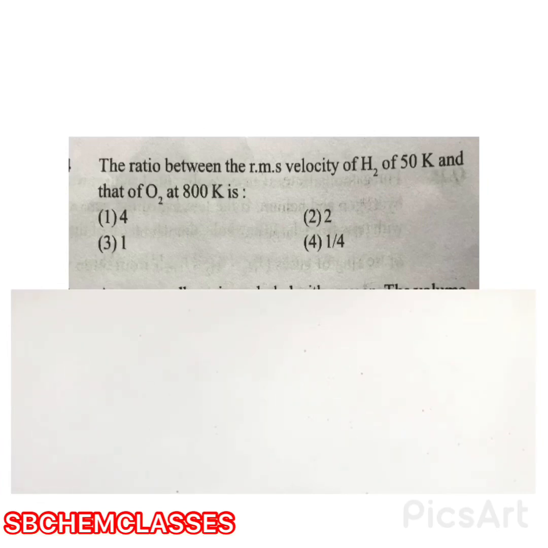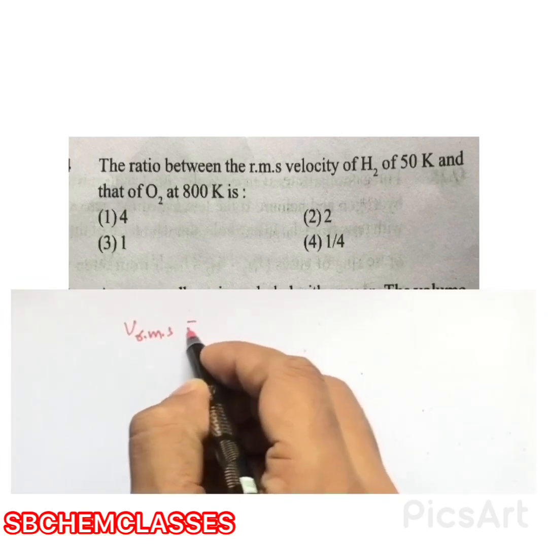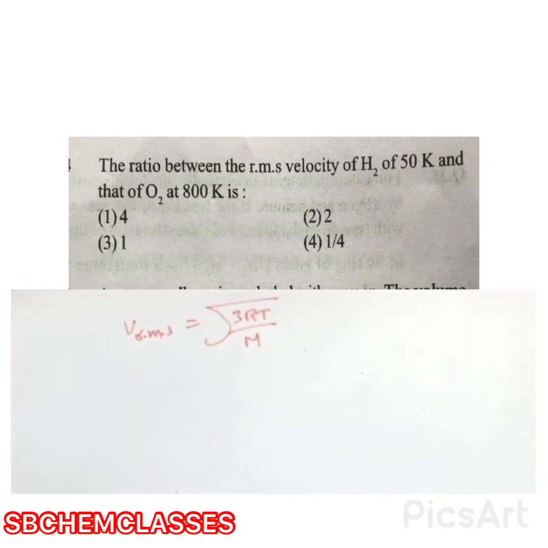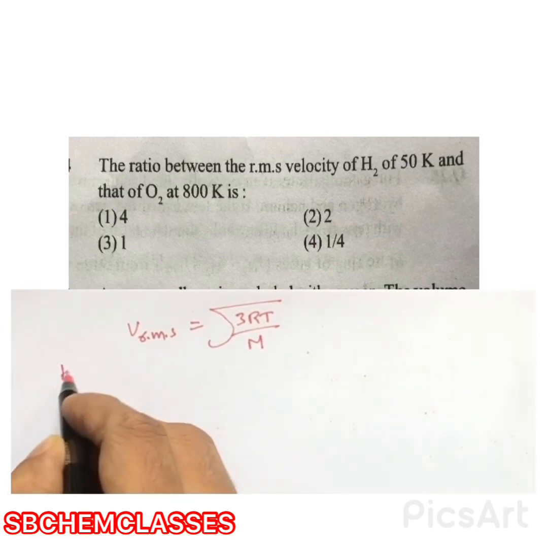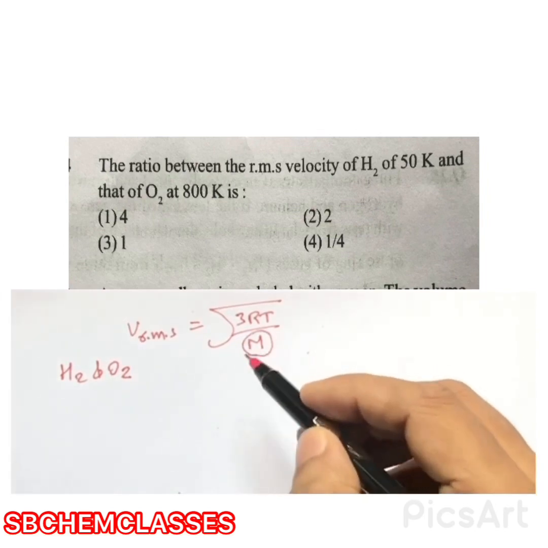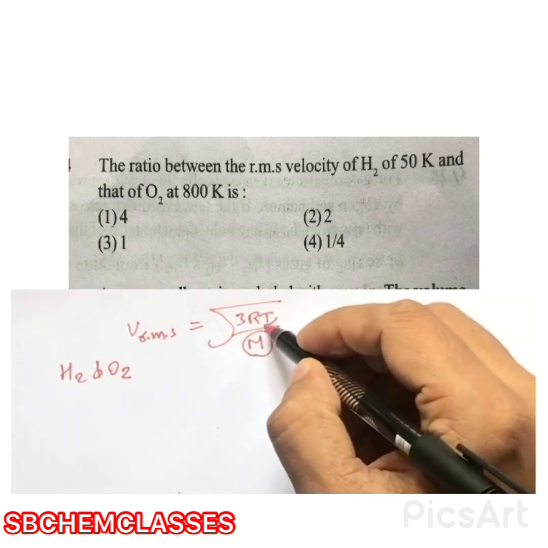The ratio between RMS velocity of H2 at 50 Kelvin and that of O2 at 800 Kelvin. RMS velocity of any gas equal to root 3RT by M. In this question, we have to relate RMS velocity of H2 gas and O2 gas. That means their molar mass is different and their temperature is also different. So,